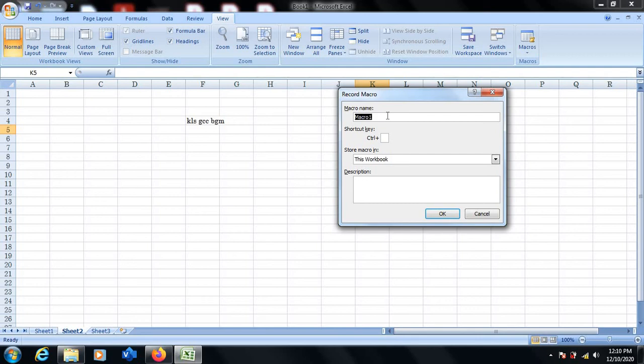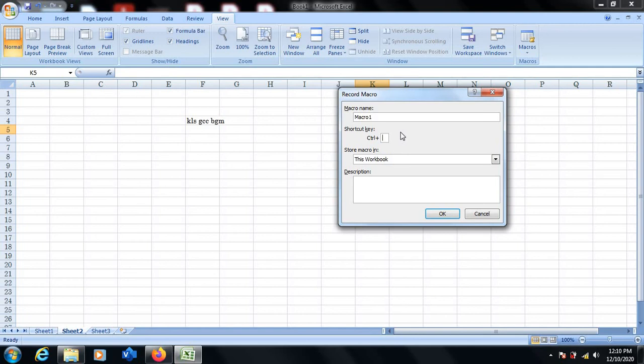First option is to have your macro name. You can continue with the same name which is given by MS Excel, that is Macro1, or you can have your own choice of name as well. And also the additional feature that we get is we can assign a shortcut key to it.